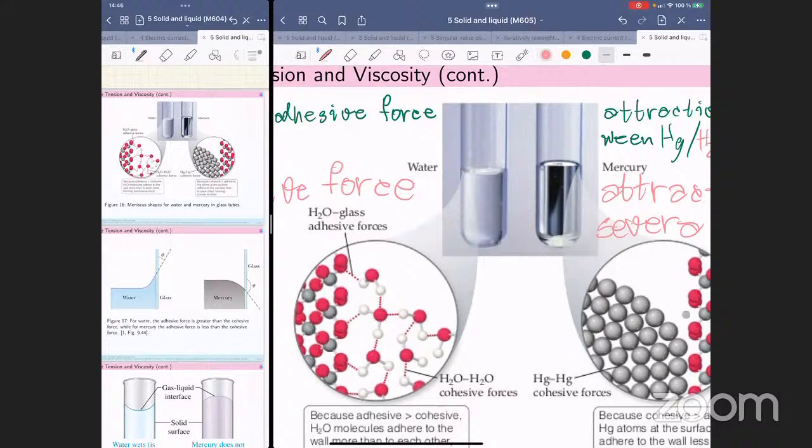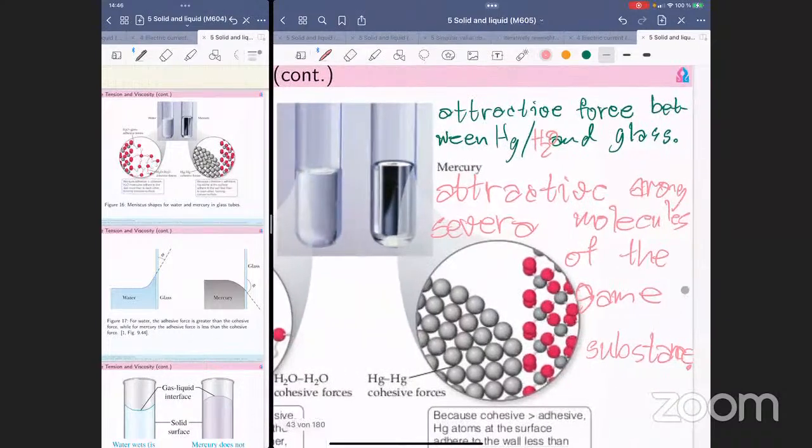All right, and let's get to the right situation. What happened with the mercury case? The gray one represents the mercury molecule, okay, or mercury atoms, and one piece represents one molecule, and of course, with the same type of matters, there is cohesive force too, but